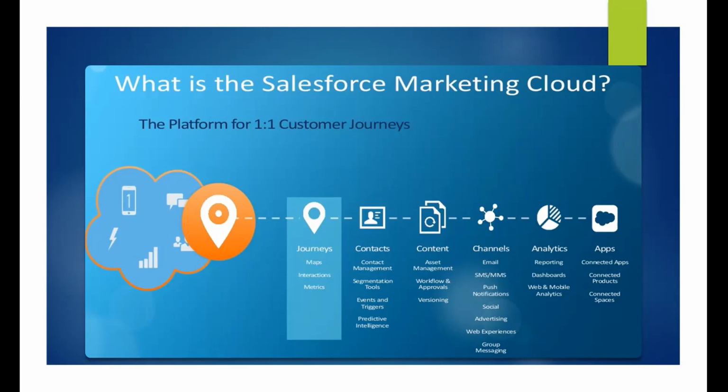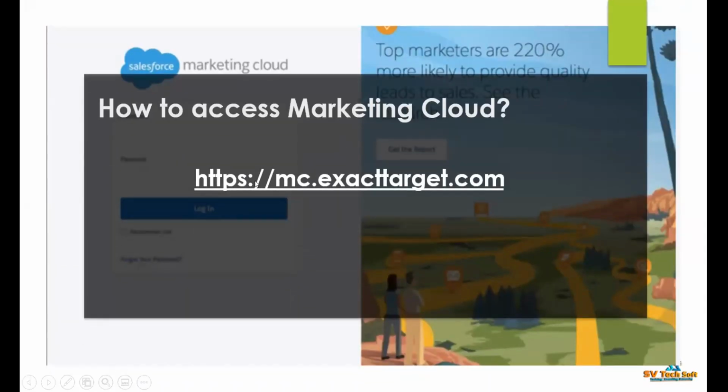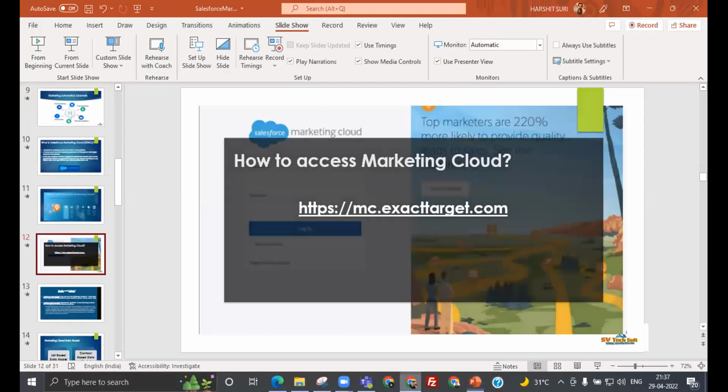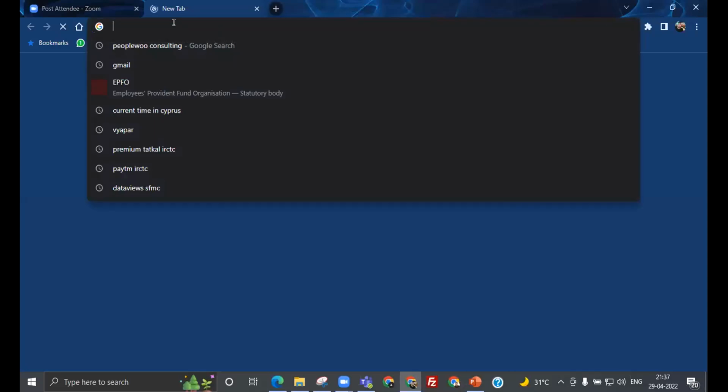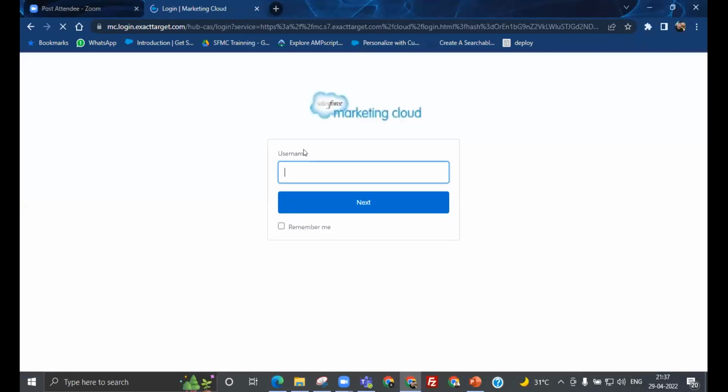So guys, let's see what all things we have in Marketing Cloud. In Marketing Cloud, we have to go and log in with the mc.exacttarget.com URL. mc.exacttarget.com URL is the login of Marketing Cloud. You can't sign up to this Marketing Cloud. This is a paid platform. If you sign up to the coaching, you will get this free of cost, complimentary.